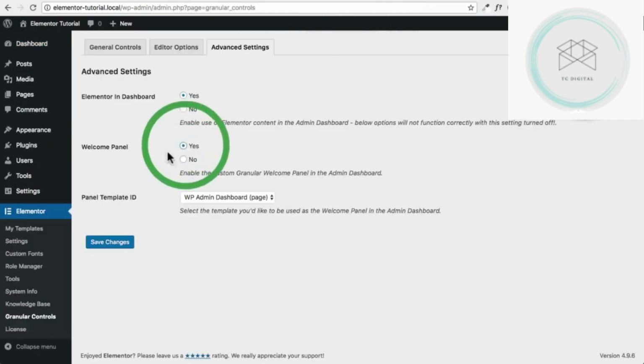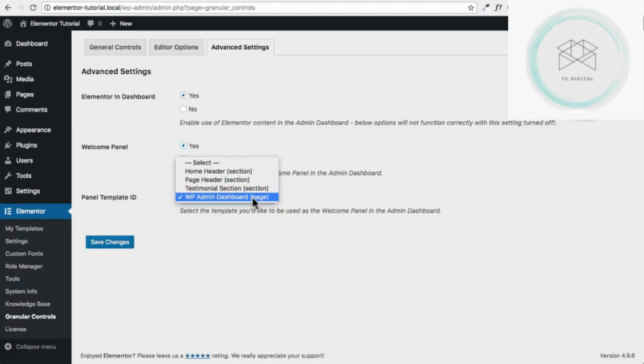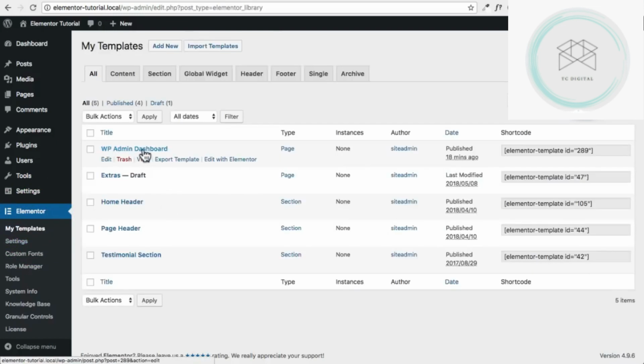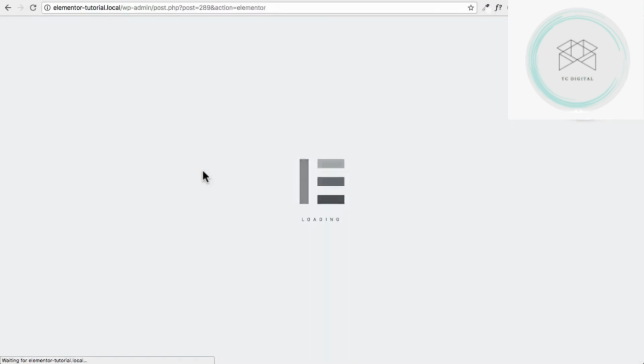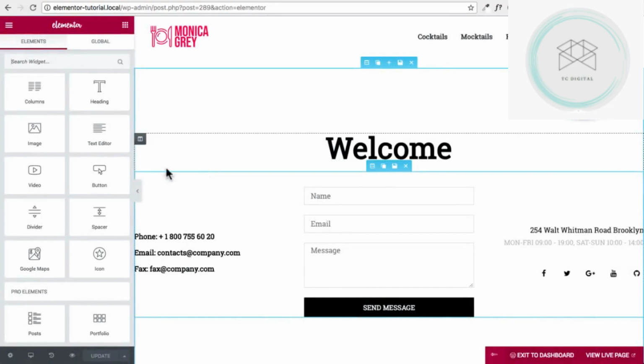But if you set this to yes, then you have an option to choose one of your saved sections or saved pages in the Elementor library. You see I created one called WP Admin Dashboard. So if I go to my templates, you can see here it is, WP Admin Dashboard. I can click on that and jump into Elementor. You can see it is the same exact thing. So I can go ahead